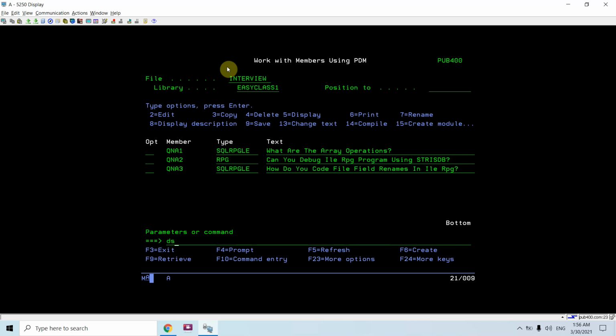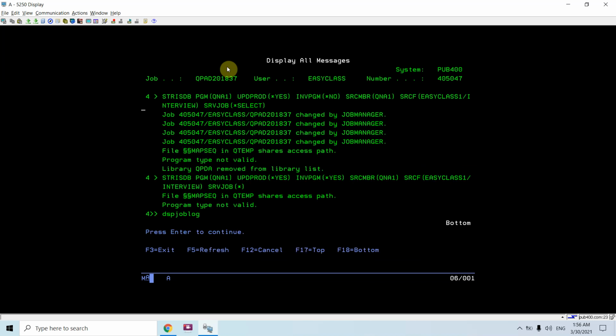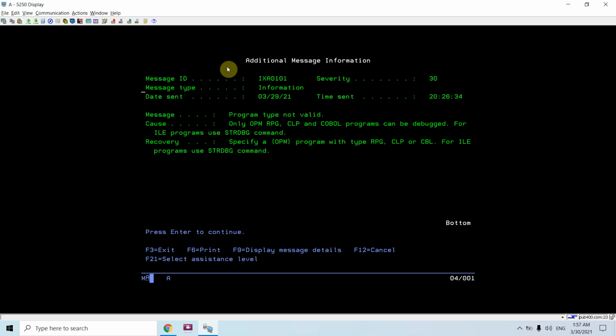Let me show you the job log. You can see this message here, program type not valid. You will always get this message whenever you try to debug an ILE program with this command.